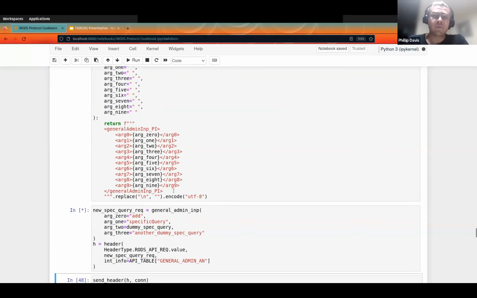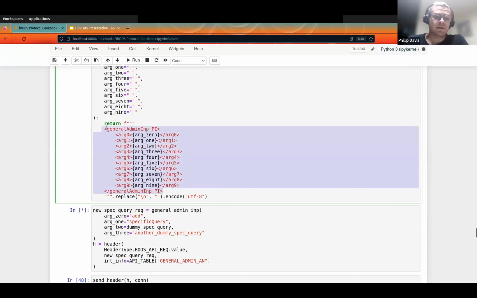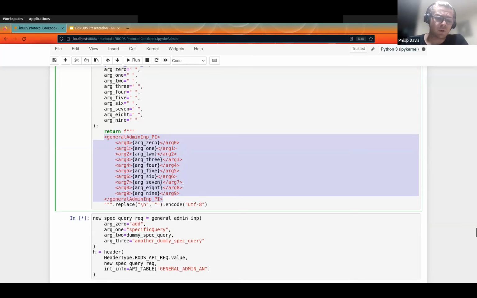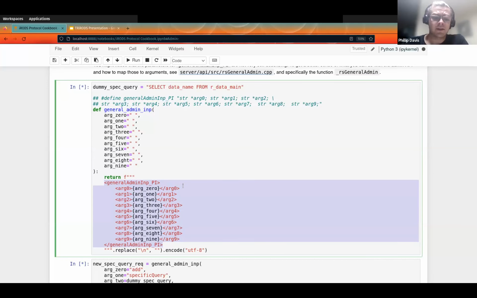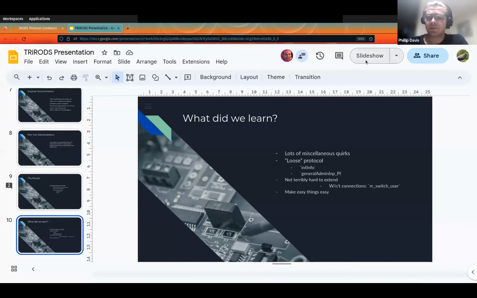And again, an effort was made to make this as transparent as possible. So here you can see the plain string version of what will be sent over the TCP socket. And that should hopefully show you how to do what you want to do. So going back to the slideshow,